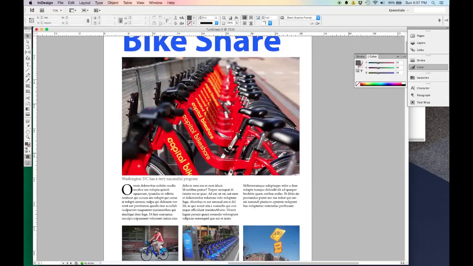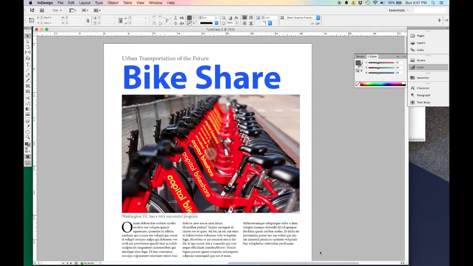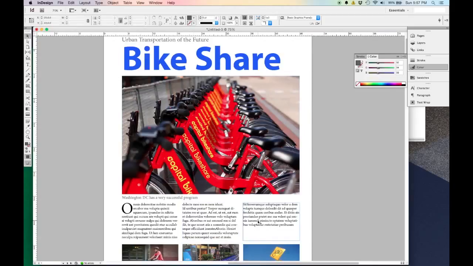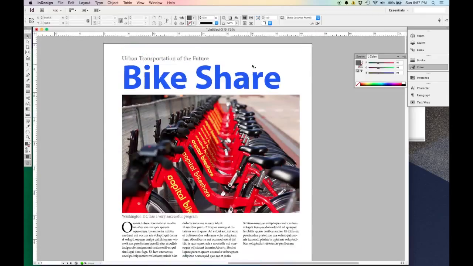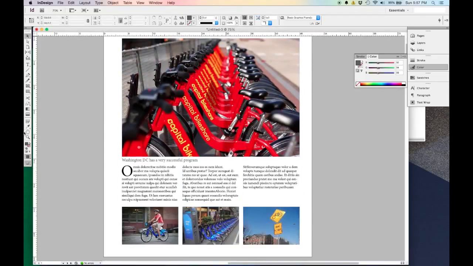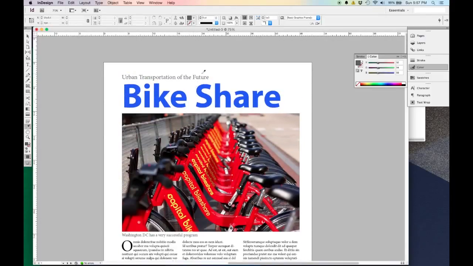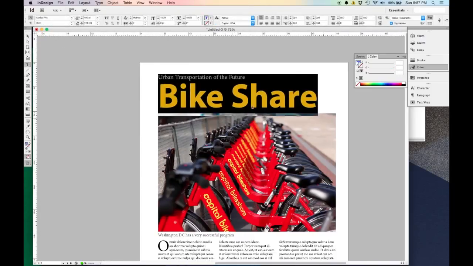Okay, next thing that we're going to talk about is, now that I've decided what my colors are and what my typefaces look like, I want to be able to save these to use multiple times throughout this document. And what that means is rather than having to click the eyedropper tool to click this color to find it here in the bike or in the docking station, I just want to save this color for future reference. So the way you do that is select the